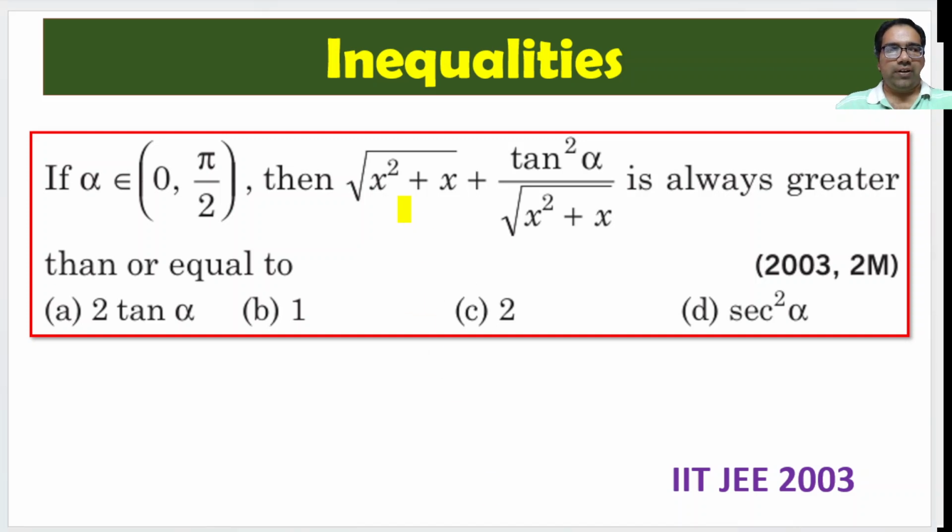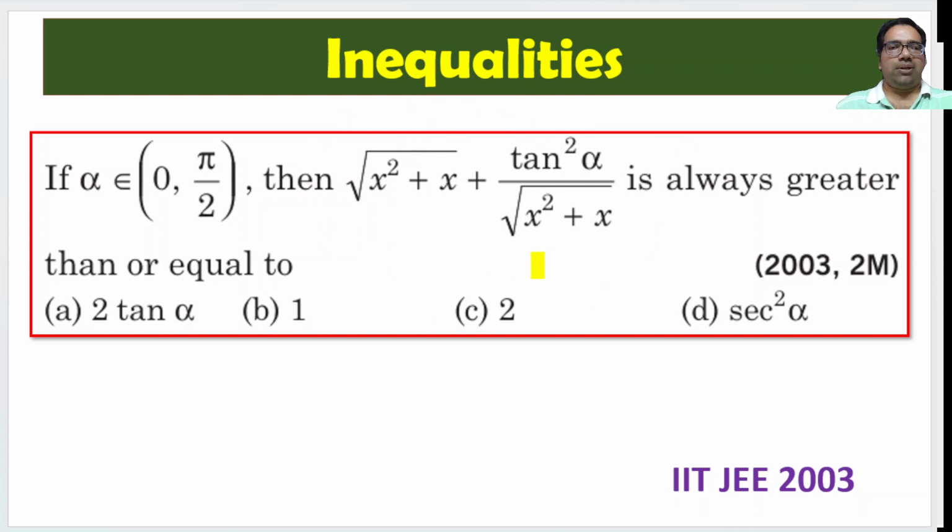Hi friends, we are given to find out root of x square plus x plus tan square alpha by root of x square plus x, and this is always greater than or equal to. What does that mean? We have to find the minimum value of this. Right. Minimum value of